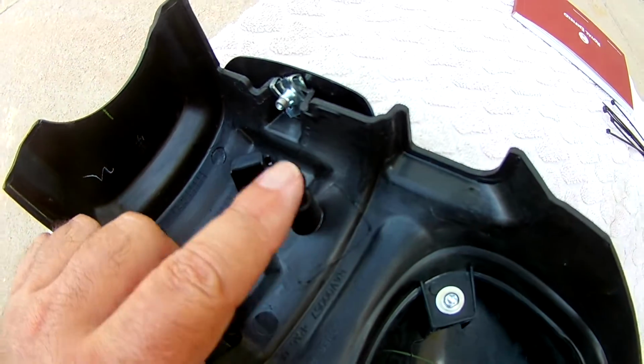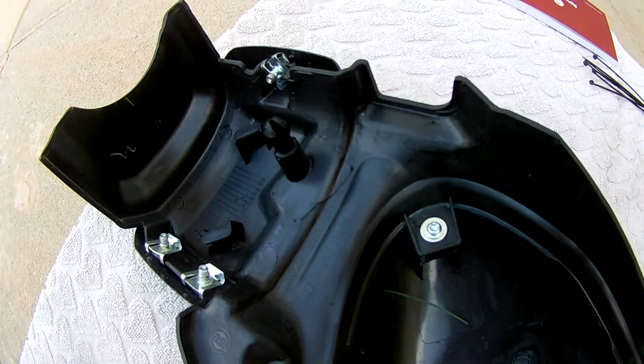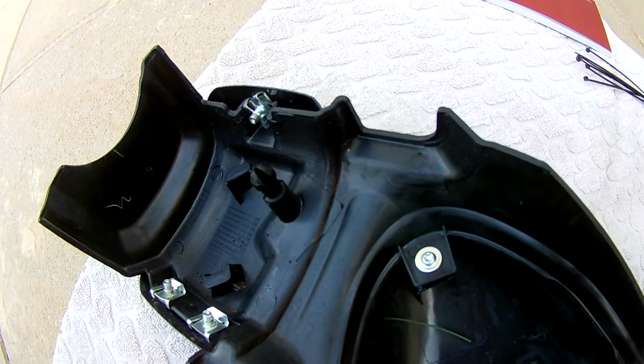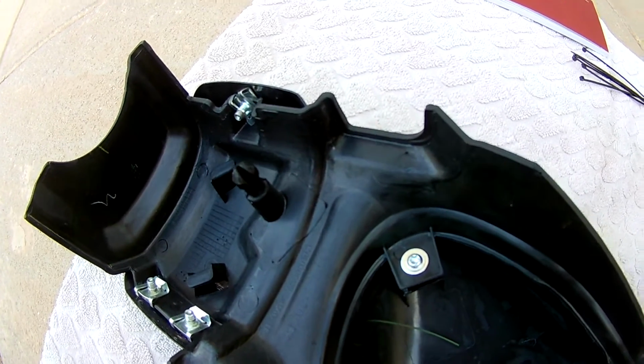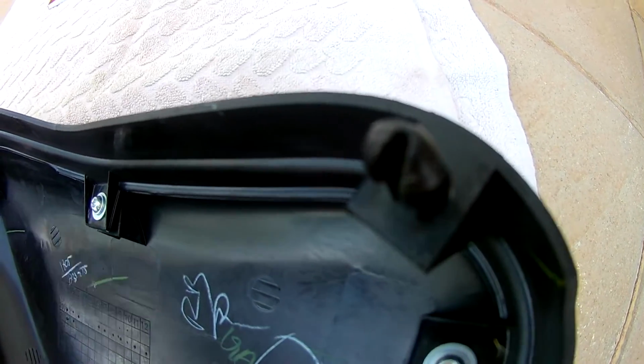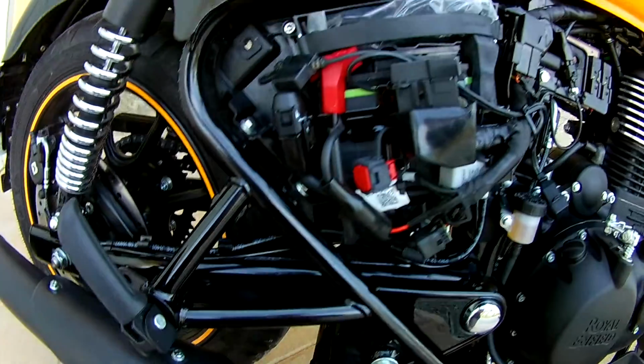Make sure you pull the panel away from the bike and towards you on a horizontal plane. I think if you pull out and up or out and down, over time these pins may get fatigued and they could end up snapping off, because they do need quite a good tug to come out of the rubber grommets in the frame. So once the side cover is removed, you are greeted with this